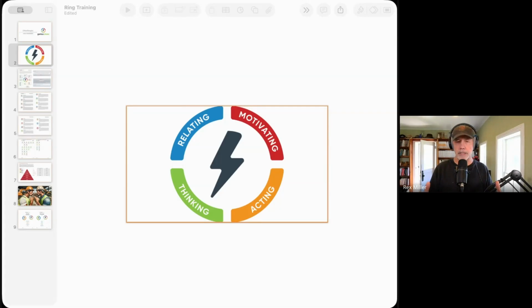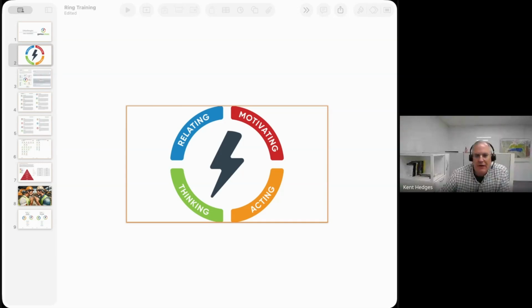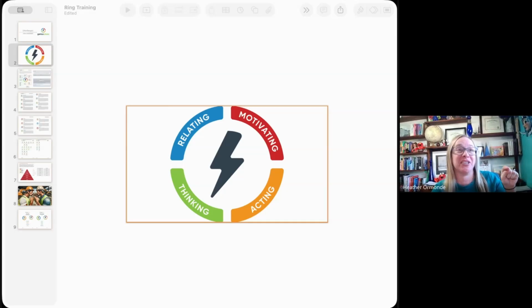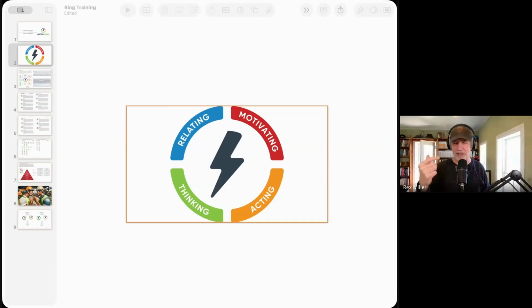The first thing you can do with it is you see a pattern, and immediately, if somebody has 3 or more strengths in the thinking zone, what does that tell you? Where do they get most energized? In their head. They're in their head, private. Right? 2 or 3 strengths in the orange acting zone, what do you know? They don't stop moving. If they have 2 or more strengths in the red motivating zone, what do you know? They take up a lot of space, and they like to be in front of people, first ones to respond to questions. That's right. There you go. Yeah, and we got 2 of them right here.